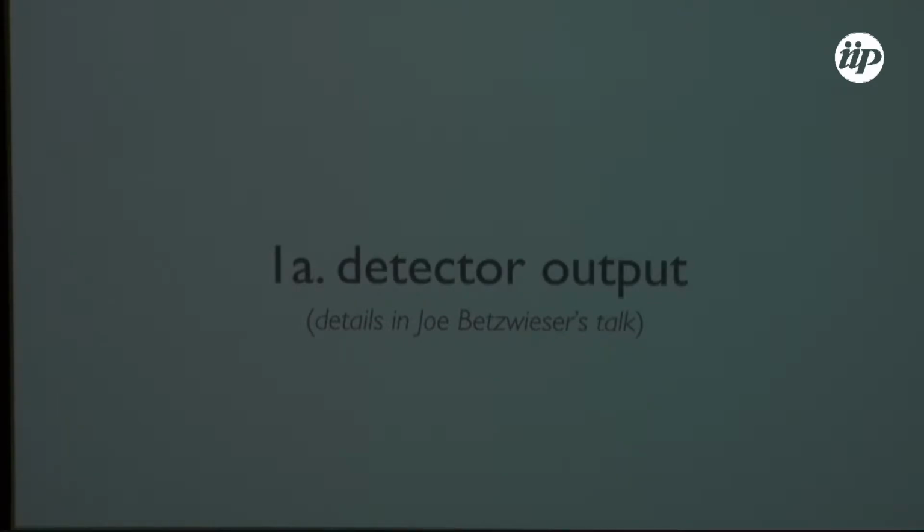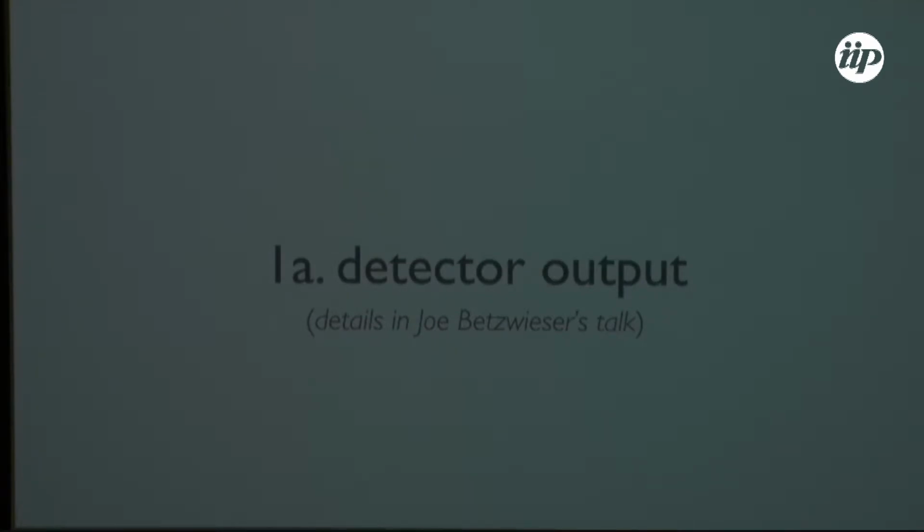So now I would like to discuss the nature of what the detector actually puts out, in particular how we go from some voltage in a photodiode to a quantity that represents the strain, so the dimensionless change of length over length in the arms. Joe will cover the details of this process, which is called calibration, right? It means how do you take this physical thing and turn it into the quantity in absolute terms that you want scientifically. I'm not an expert in this, so I'll just brush over this,